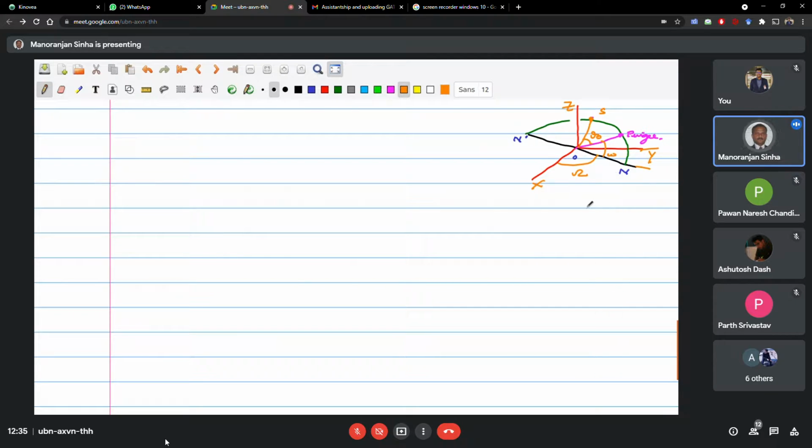So here you have three parameters visible, and one more parameter which we can indicate here is the angle with the plane. This is the I angle, which we can also show by drawing a line perpendicular to the plane of the orbit, and so this is your I angle. The four are visible, and those which are not visible, they are E, A, and B. But semi-major axis and true anomaly.